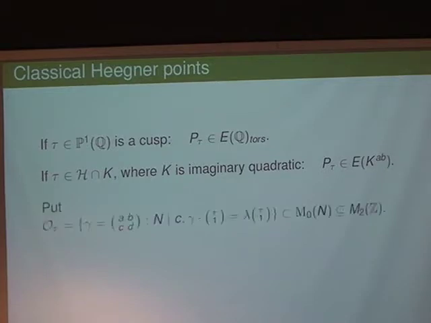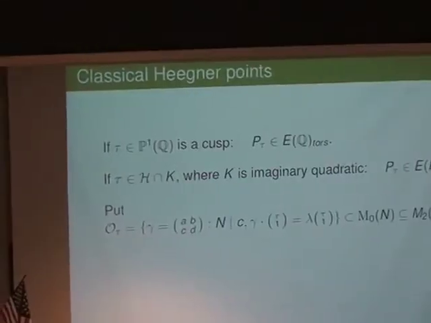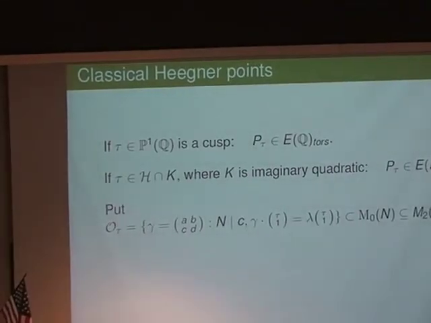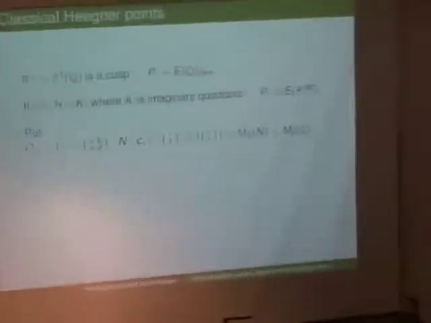And let's explain a little bit the more precise formulation of this, and a little bit also of the proof. So when you take this tau, you can form this lattice which is Z plus Z tau. And if you look at which are the automorphisms of Z which preserve this lattice, you realize that this is in one-to-one correspondence with the following set, which will be a ring. So any lambda, which is any complex number, which preserves the lattice,